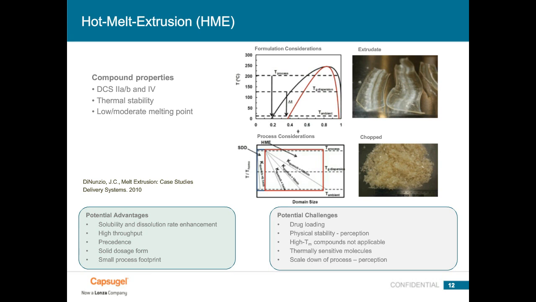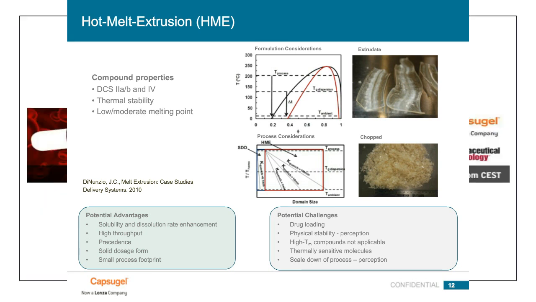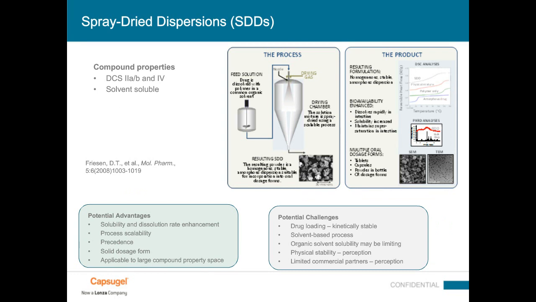Another way of making amorphous dispersions is by spray drying. Of course, here in Bend, one of our core technologies that we use is spray drying. The applicability to compounds and to excipients is typically a bit broader than it is for HME. Otherwise, we see a lot of the same advantages that we see for HME for an amorphous dispersion, though we typically end up with smaller particle size and therefore faster dissolution rate. On the flip side of that, it is a solvent-based process, and that can be a limitation for manufacturing and manufacturing costs.